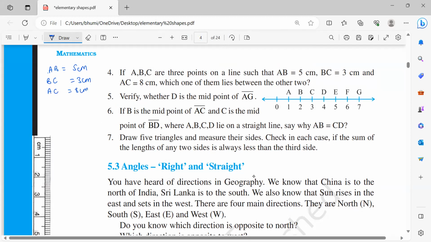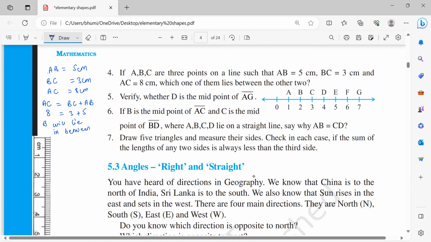We know that AC will be equal to BC plus AB, right? Because 8 will be equal to 3 plus 5. That means B will lie in between